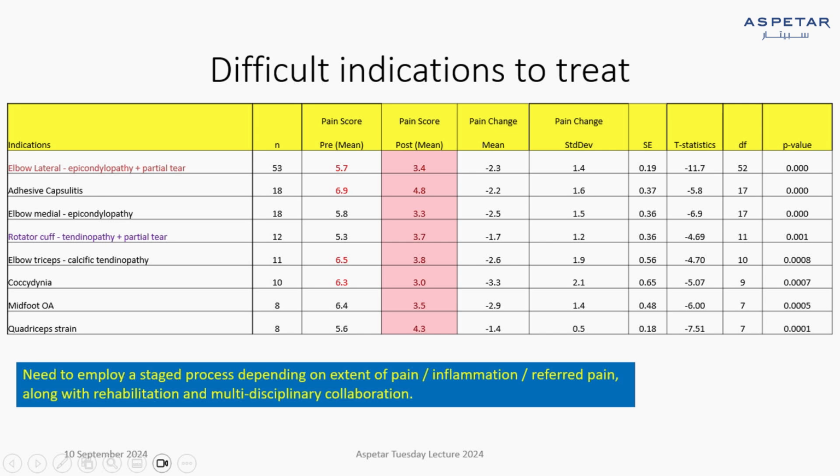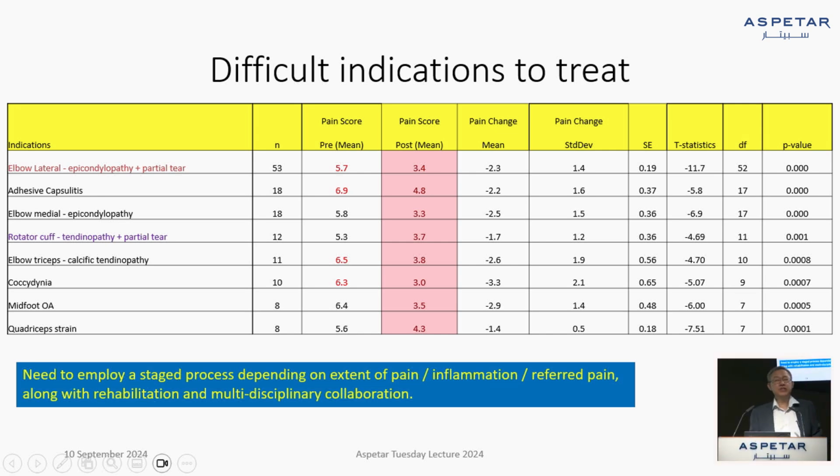Difficult indications to treat. So Aziz and I looked through this and said it's impossible to look at those patients who do not respond to shockwave because everybody who comes to the clinic seems to respond. And then we came up with this idea. Anyone who is shocked, who still has a pain score which is 3 and above, we say that these are patients who have